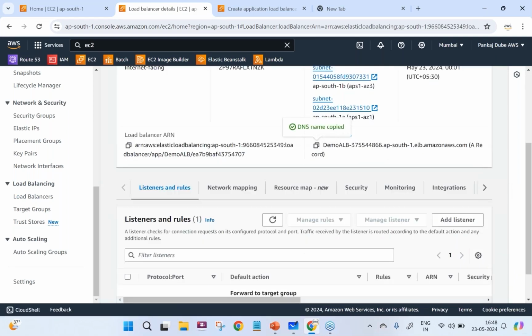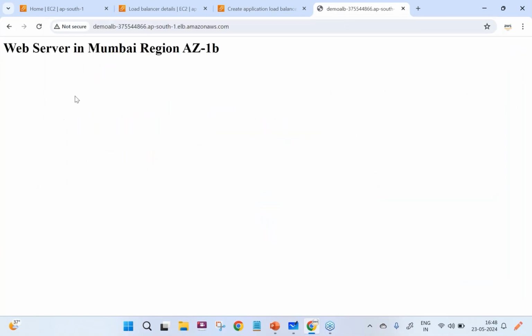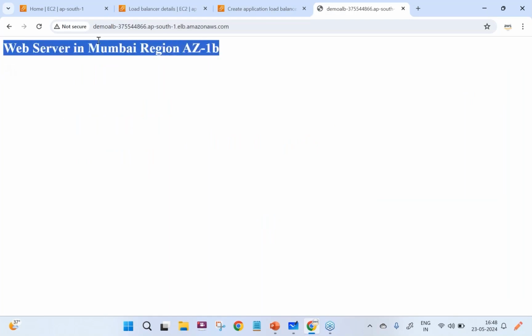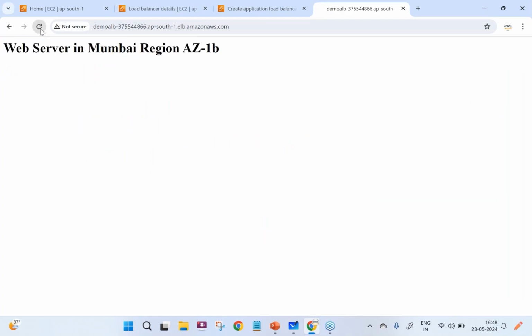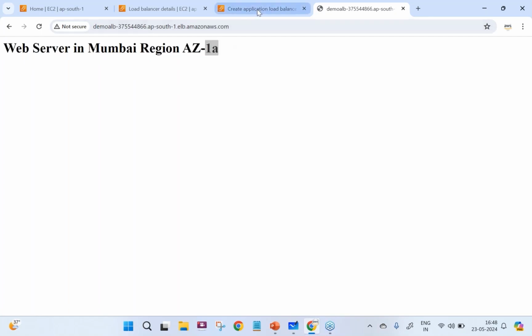If I copy the DNS name and try to access this from the internet, let's see what response I get. It says web server in Mumbai region AZ 1B. If I refresh it again, it says web server in Mumbai region 1A. Now I am getting responses from EC2 instances in 1A and 1B.